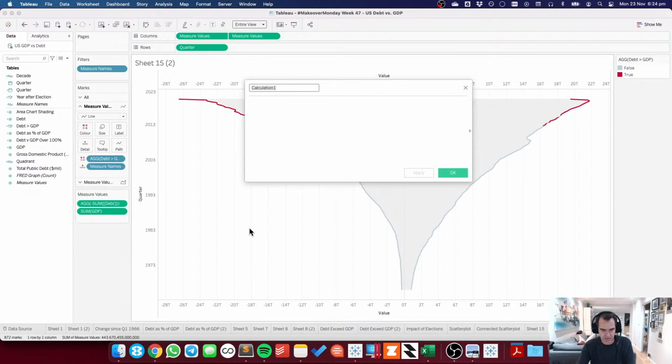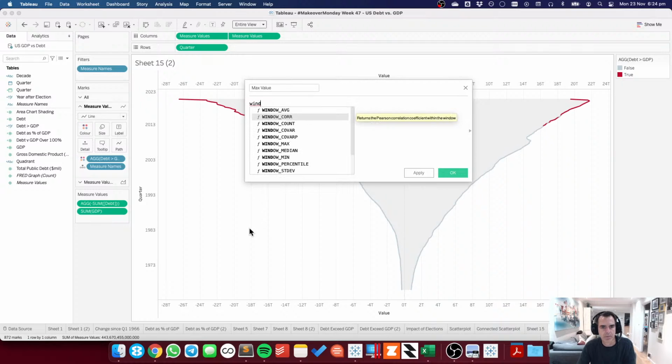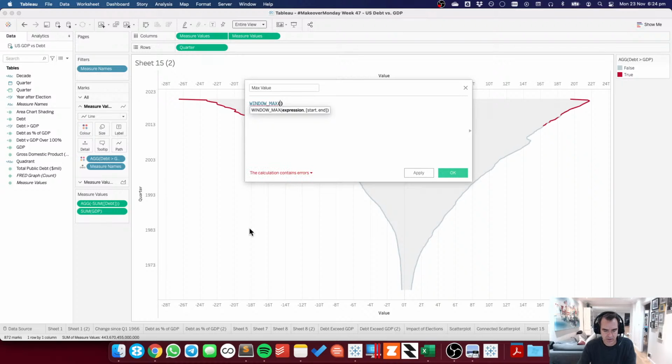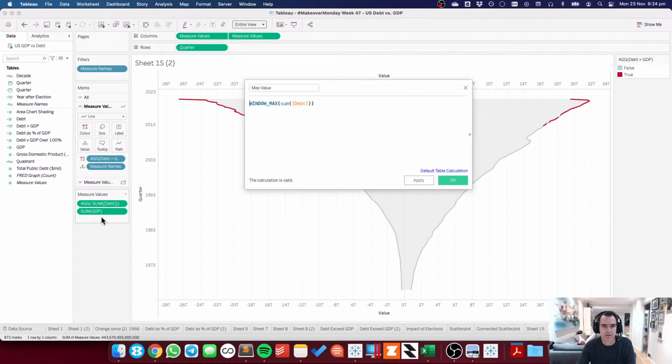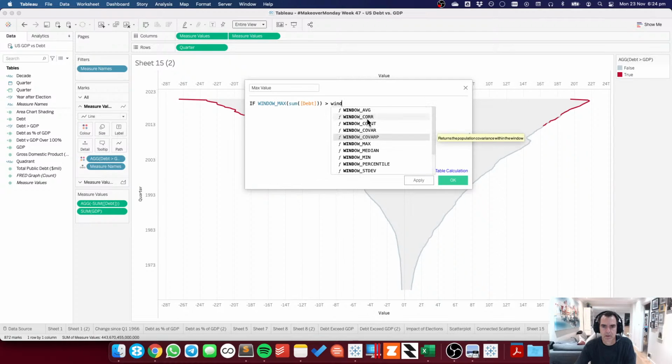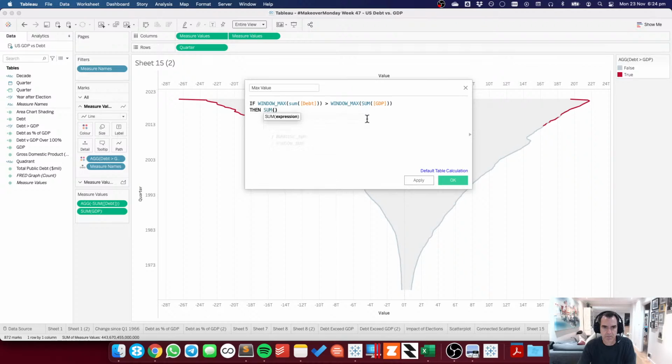so max value. So I want to get the window max of the sum of debt. Okay, and so if that is greater than the window max of the sum of GDP, then sum debt.